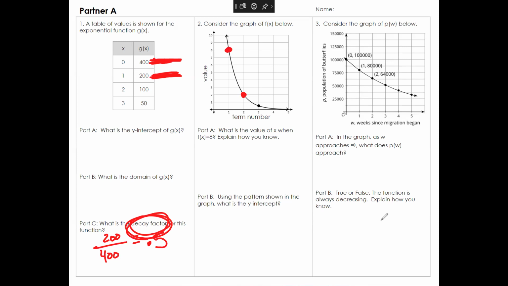Okay. So what I want you to do is find somebody who has the opposite. So if you're partner A on your worksheet and all you got to do is look up at the top, then you need to find a partner B. Okay. And y'all can work together. Okay. But you're trying to complete the front and the back. Okay. We've got a couple of minutes. So if you don't finish this up, it'll be homework, but go ahead and start working on it. Same types of questions you were doing out in the hallway. Same types of questions. Okay. All right. So go ahead and get started on